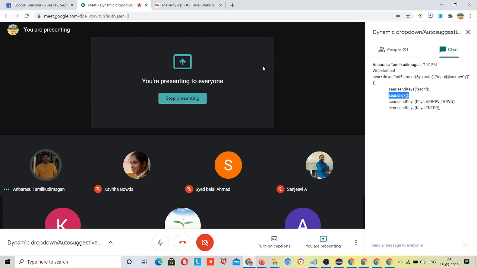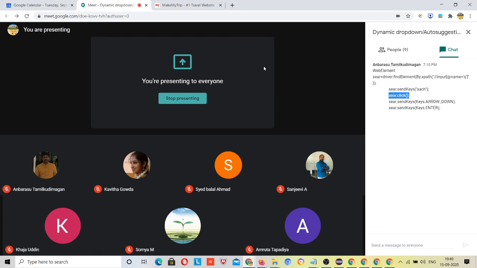Okay. So tomorrow we'll see that dynamic drop down, and then your drop downs will be completed. Checkbox and radio buttons are a 5 minute task. There are methods: isPresent, isSelected, and not selected. And after that we'll be jumping to calendar and tables, right? So we'll be completing these web elements very soon.